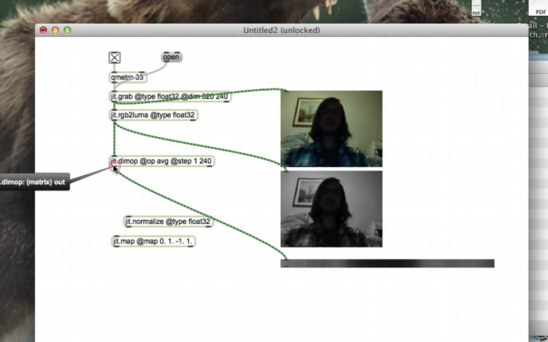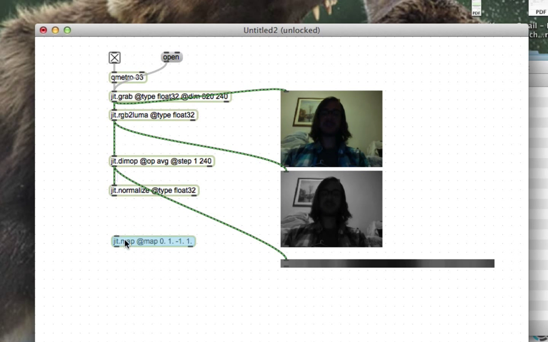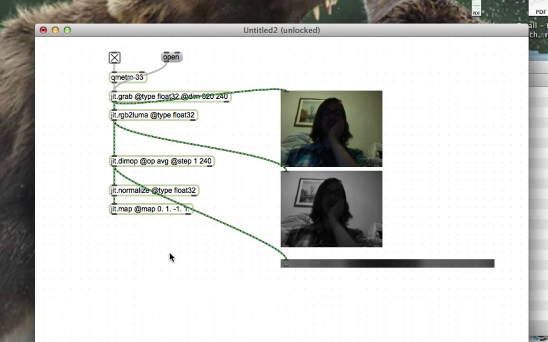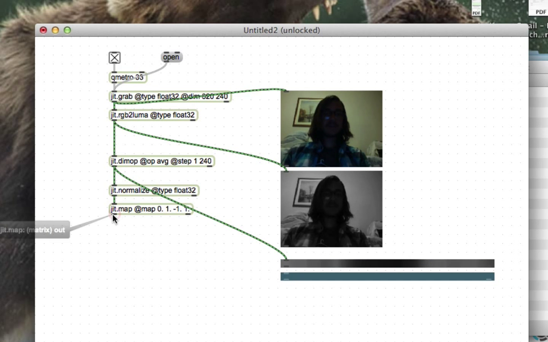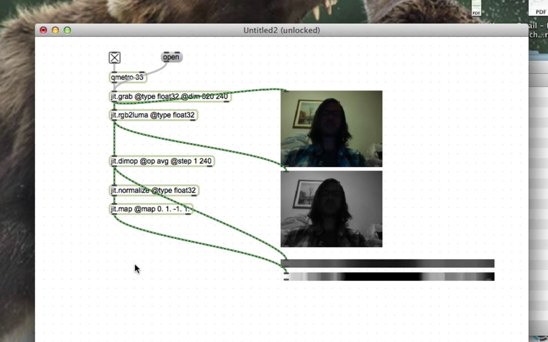This just makes it so that the values will always be at their most extreme between 0 and 1, just because I'm a very extreme person and I like things to be extreme. So this should look pretty much like it does. Excellent. Cool, so now we actually want to put this